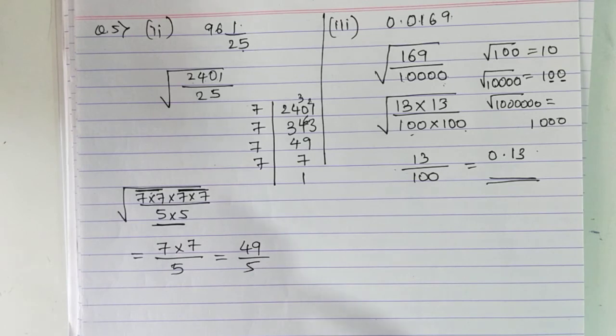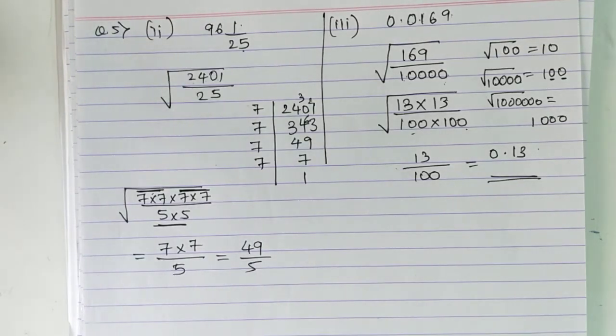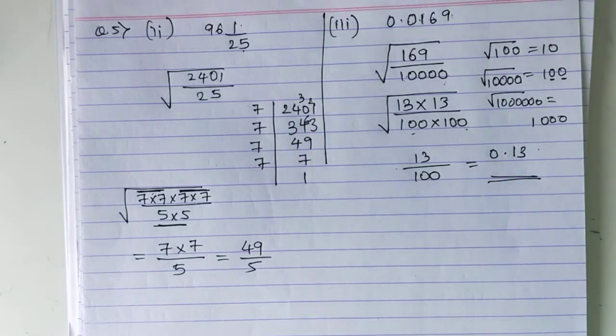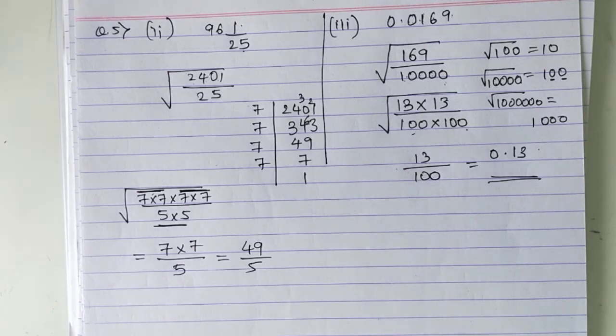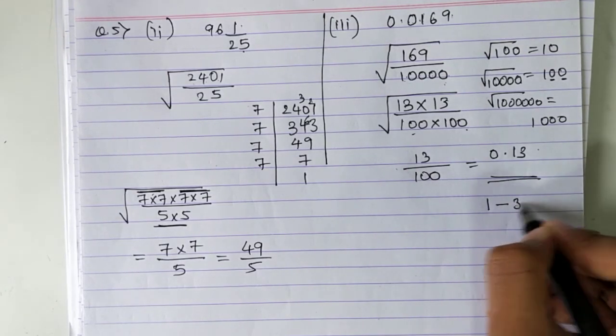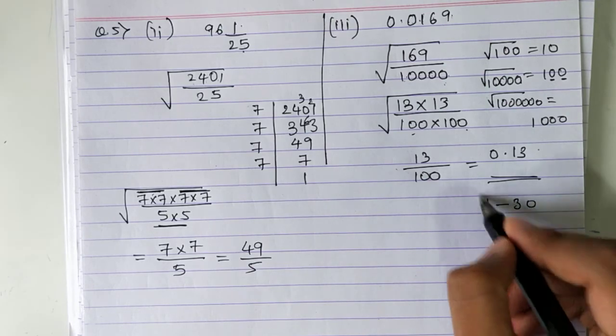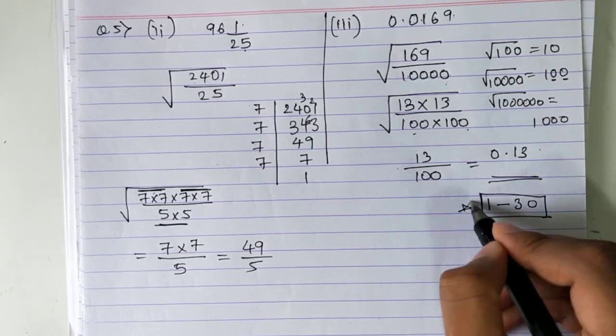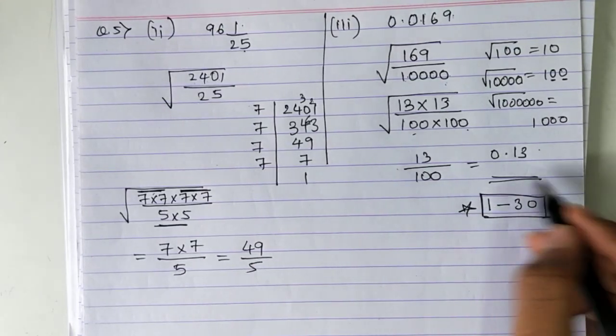With this, we have completed till question number 5. Practice this properly. Revise the square roots once. From the next video, I'll do the remaining sums, because those sums are different. Evaluate sums. But for that, once again, I give you a reminder: learn the square roots of 1 to 30. Okay, 1 to 30 square roots. Squares and square roots, very important.